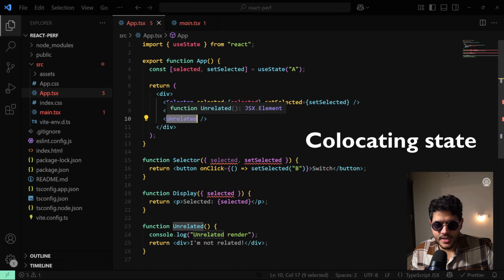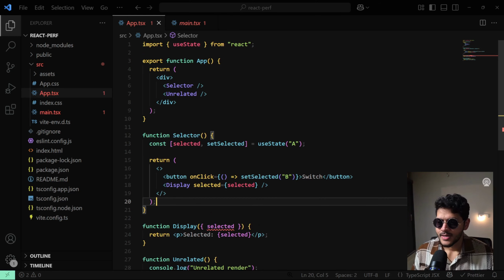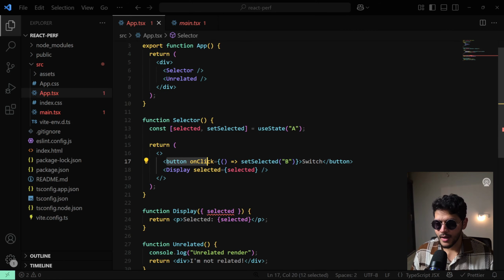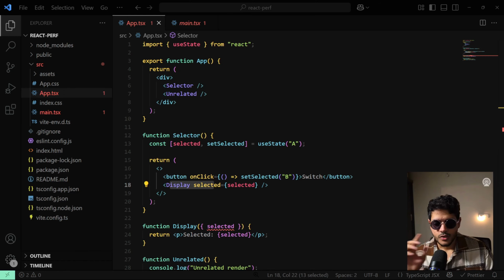Isolating state closer to where it's needed makes more sense. And that's exactly what we'll do here. What we have now done is move the state to the selector component, which essentially holds the button and the display component that are actually using the state. Since we have isolated the state to the components that need it, now the unrelated component won't unnecessarily re-render. We have just positioned the state closer to where it's needed so that it's not causing any unnecessary re-renders. Essentially, if a component re-renders due to state or props it doesn't use,